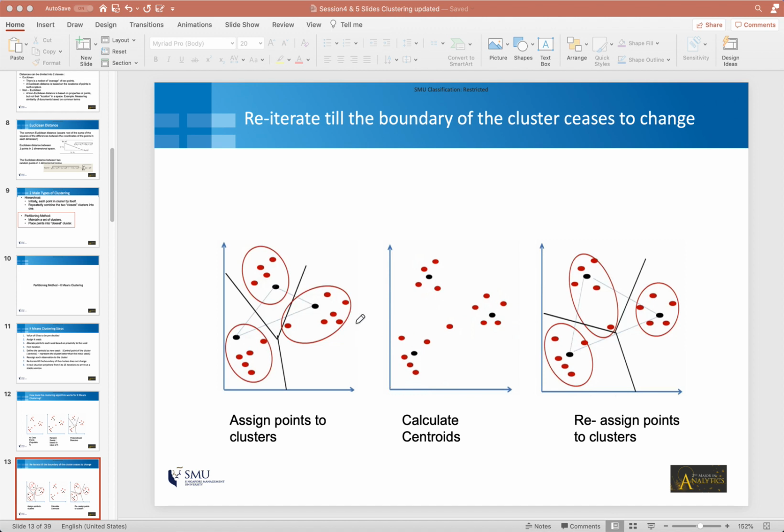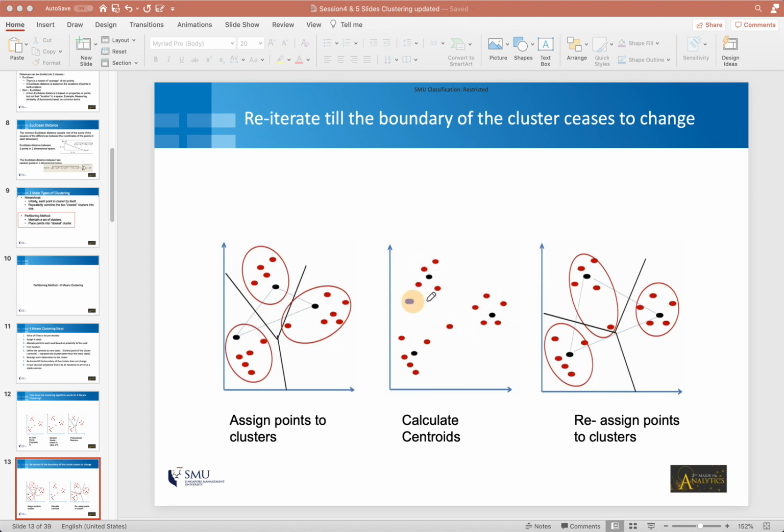So this is that. Now once we have got these 1, 2 and 3 clusters, we are going to update the center. The center is also called the centroid, so we are going to update the centroid. What will the new center be? For this cluster, the new center will be calculated by finding the average of the coordinates of each of these points. Similarly, the average of these points will give you this new center here, and similarly, the average of these points will give you the new center here.